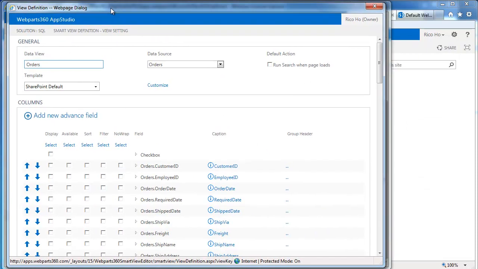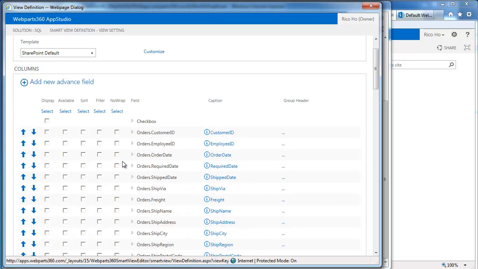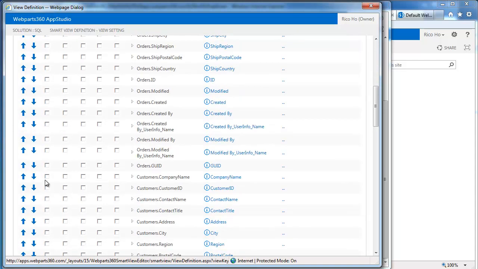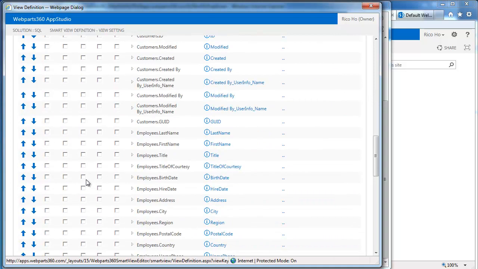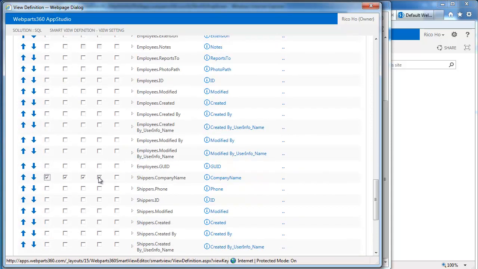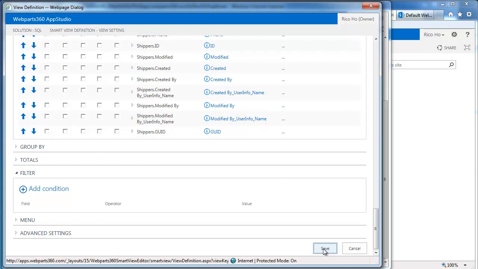In our orders, we will want to show the order date, the date it was ordered, the date it is required, and we will want to show the customer name, as well as who the employee is, and who is the person who shipped the order. So once we have saved this,